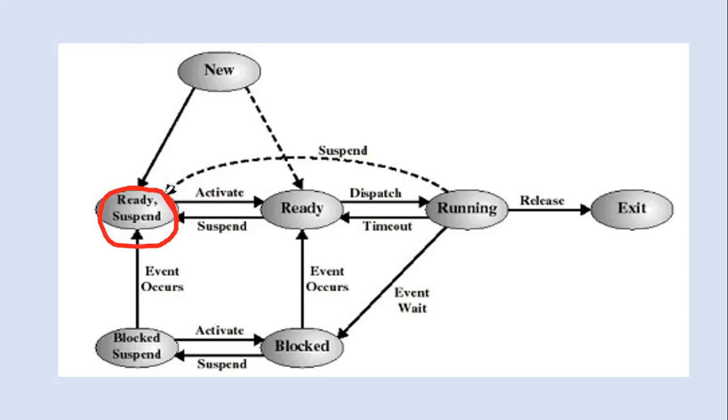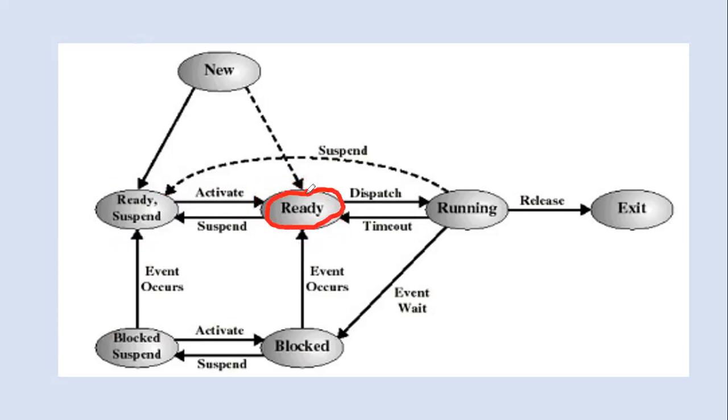And once the main memory is now adequate, the process which was in the ready suspended state will be activated and it will join the ready state. It's also important to note that a process might have been in the ready state in the main memory, but because another process is arriving which has a higher priority than those in the queue, and the main memory is not adequate to accommodate all of them,